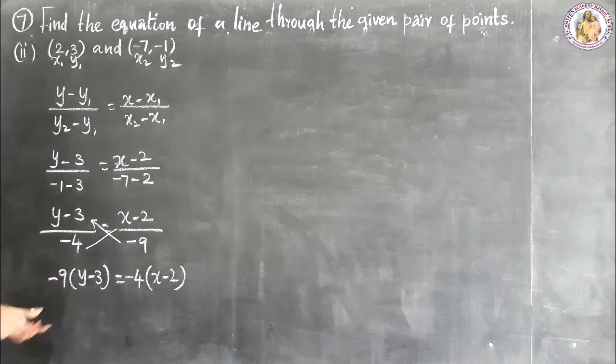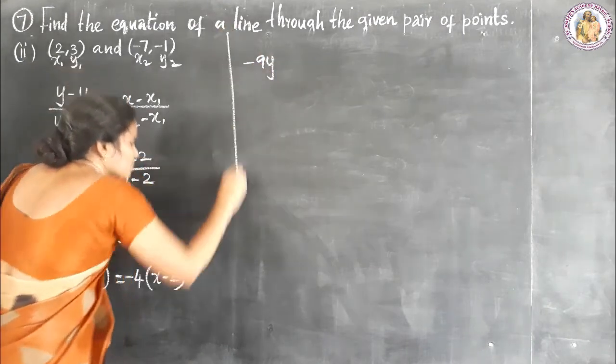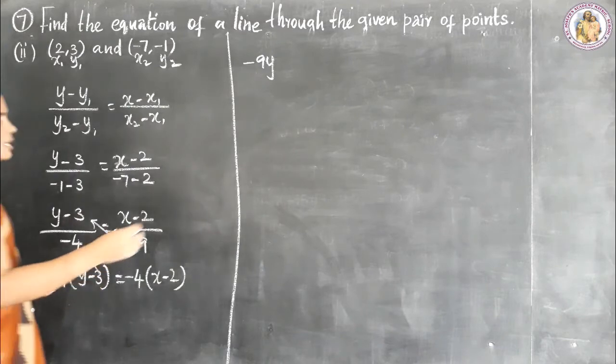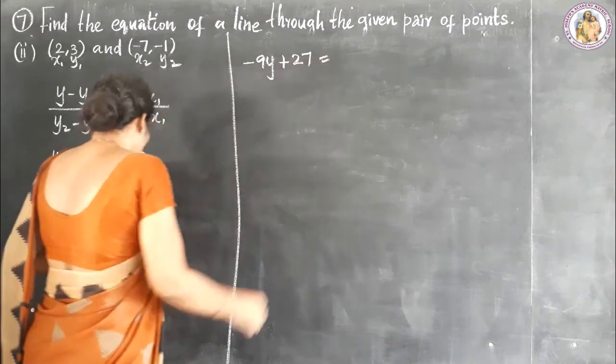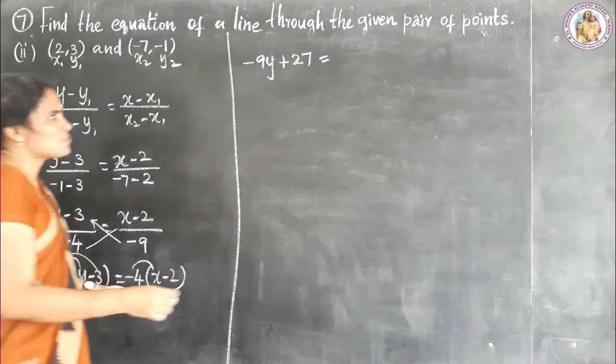Now multiply minus 9 into y, minus 9y, and minus into minus plus, 9 threes are 27, is equal to minus 4 into x, minus 4x,